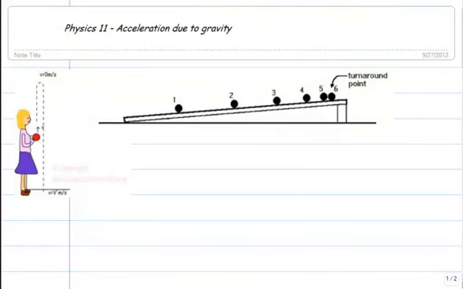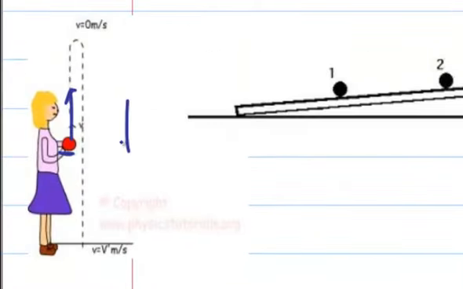ticker timer activity. And now in class what we're going to do is throw a ball up in the air, like this girl over here is doing. Throw it up in the air. We're considering the motion of the ball after it leaves her hand. Obviously gravity is going to act on this, and gravity is going to act in a downwards direction. It gets to the top, and it says here the velocity is 0 right at the